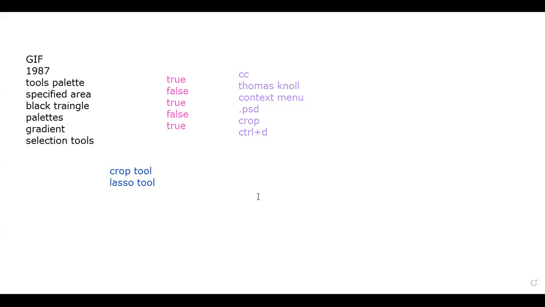Differentiate between marquee and lasso tool. Irregular things. Yes. Any other answer? Okay.